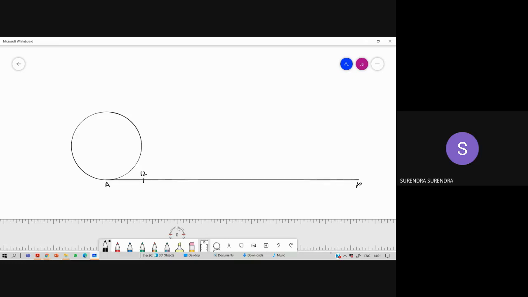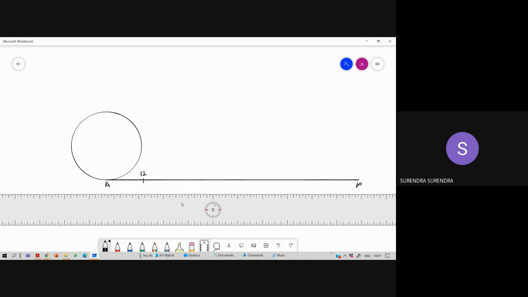Why? Because we have to divide the circle and the circumference length into 12 divisions. The concept of involute is dividing the circle and the circumference length, not any other length. So from P at a distance of 125.6 mm, mark a point 12.